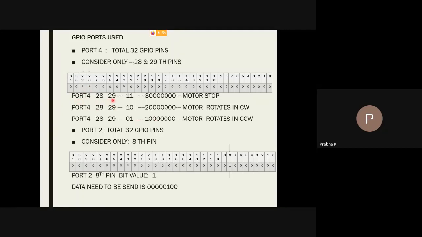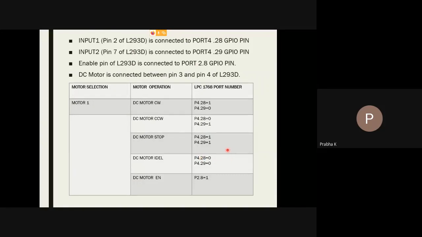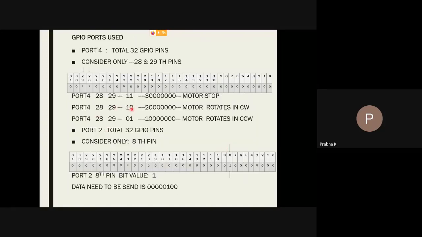If 28 and 29 are both 1, 1, the motor stops. If 28 is 1 and 29 is 0, the motor rotates in clockwise.